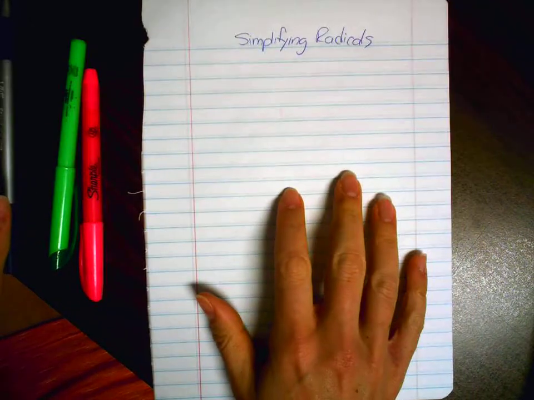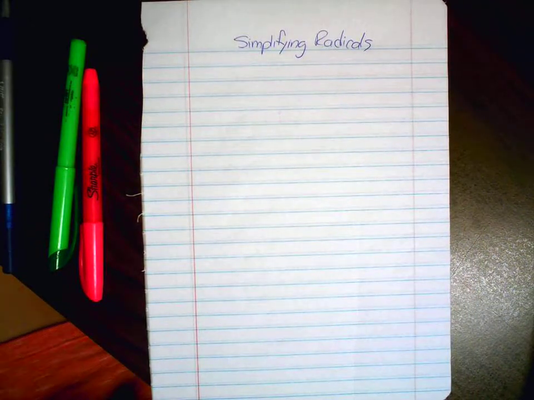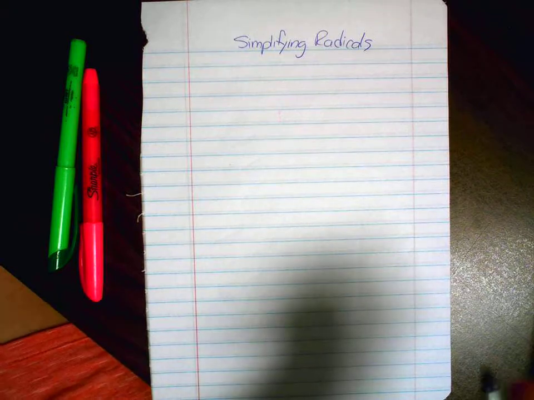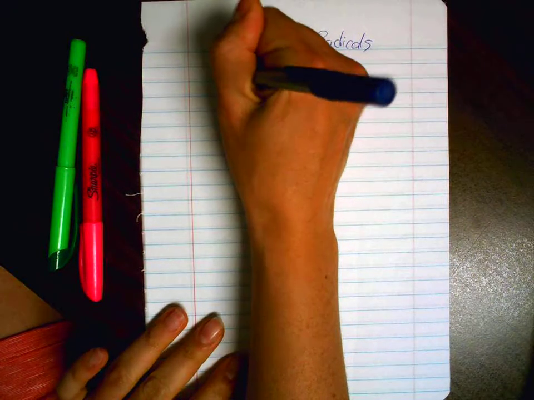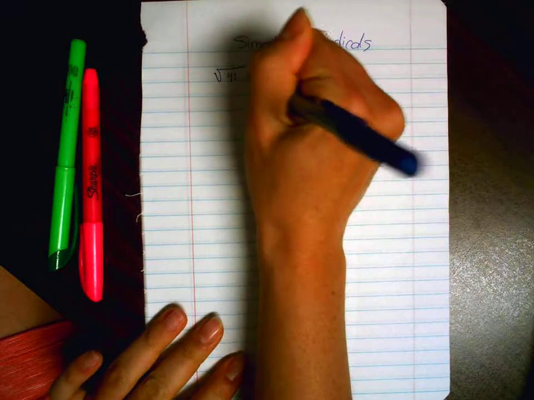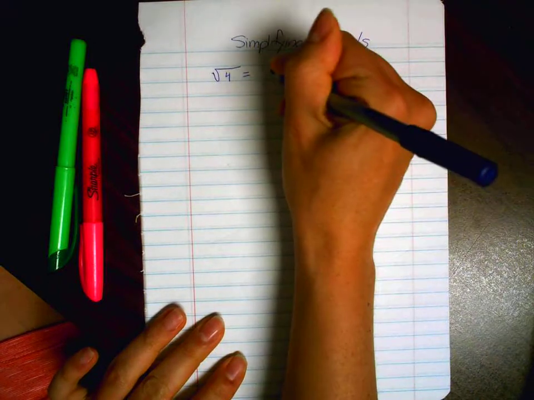Alright, I'm going to review simplifying radicals. It's a skill that you learned a couple years ago in Algebra 1, but Algebra 1 was a long time ago, so let's refresh our memory on how to do this. So when we take the square root of something, for example, 4,